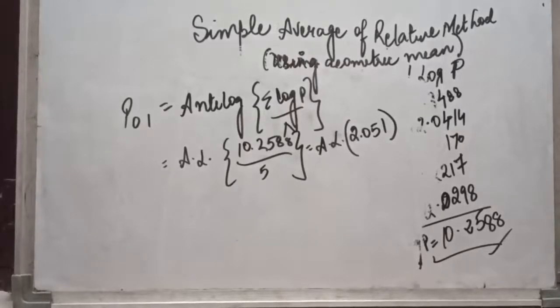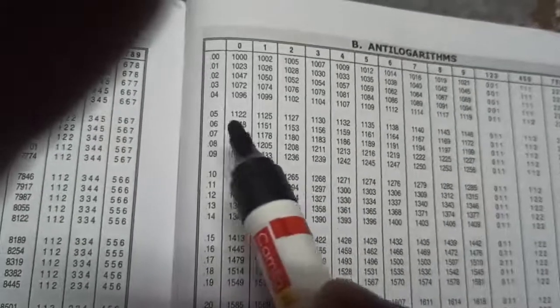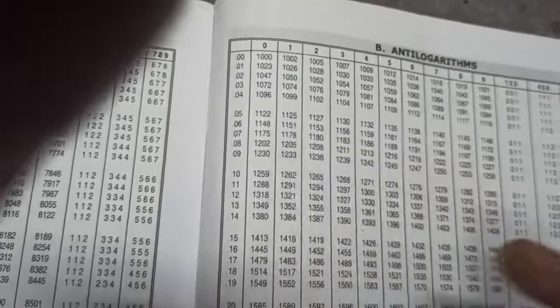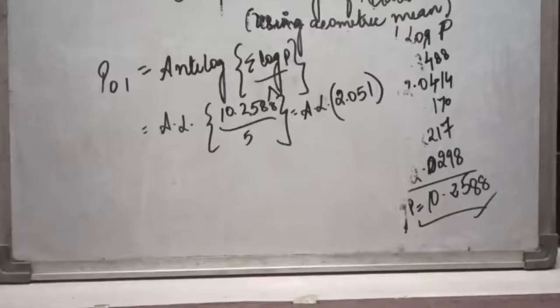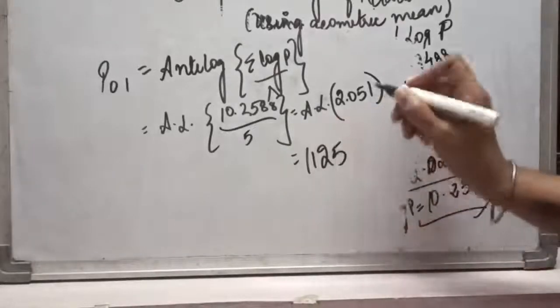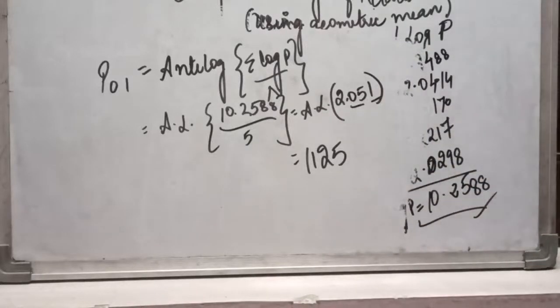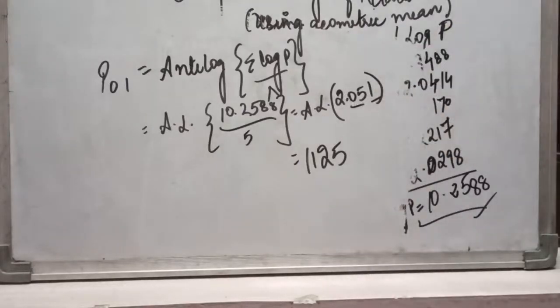Now let us see from the table. Now if you see here, 0.05 is this, under 1 it is 1125. So this is the value that we will be putting in our answer, 1125. So we have seen 1125. What we have seen, 0.05 under 1, because NT log table starts from point only. Now one last thing we have to do is we have to see before point what has been written. Before point in this question 2 has been written.